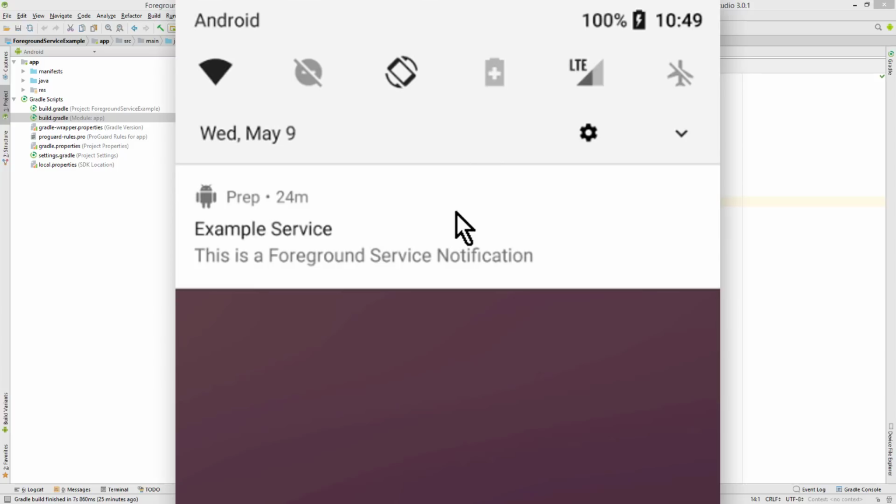Now before Android Oreo, we could just keep these services running in the background invisibly and do our work there without the user ever noticing something from it. But of course, when 20 different apps do this at the same time, this will drain a lot of battery and slow down the phone.